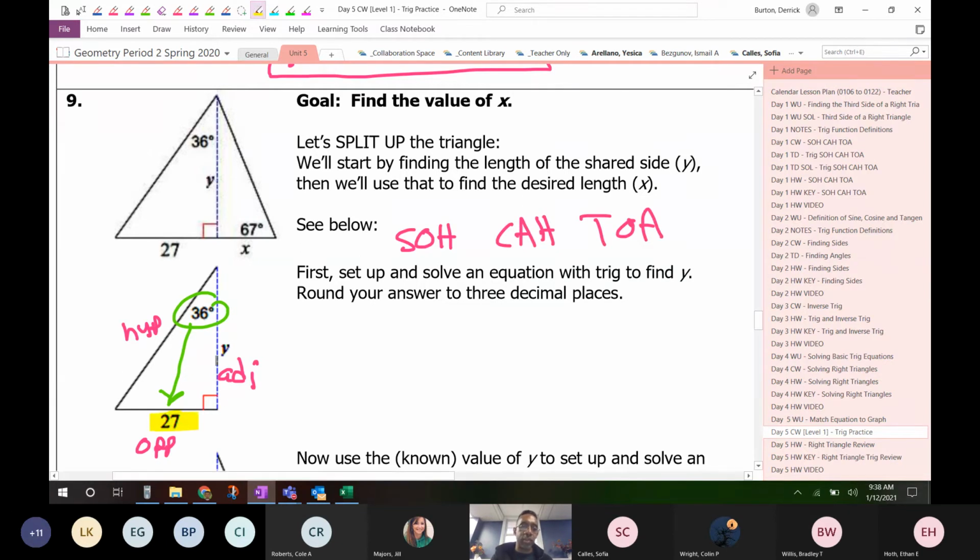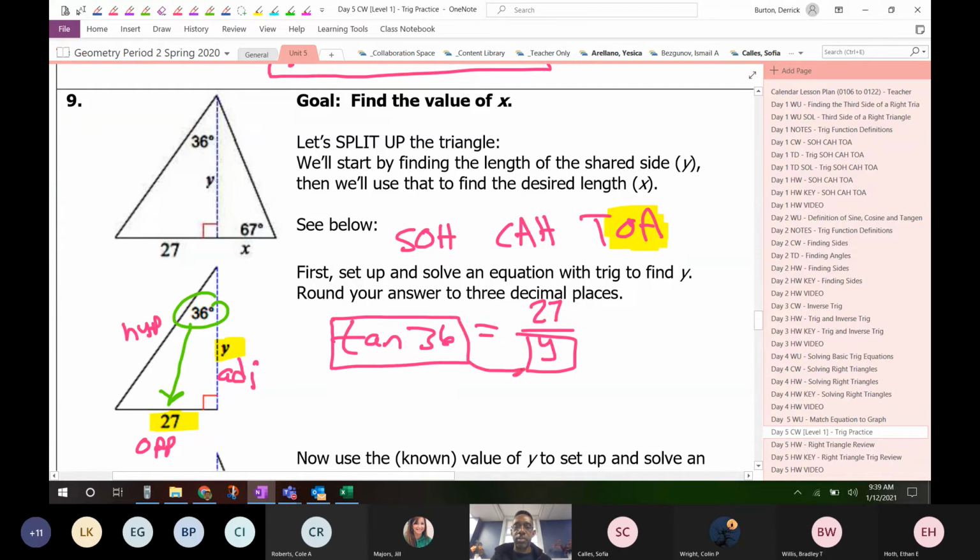Which one do we use? Depends on the sides. We have the 27, and we're looking for y. That's opposite and adjacent. All right, that's the tangent function. So we go tangent 36 equals opposite over adjacent. That's 27 over y. When the variable is in the bottom, that's when you swap these. So we're going to do the old swap, the old switcheroo. So we're going to have y equals 27 over